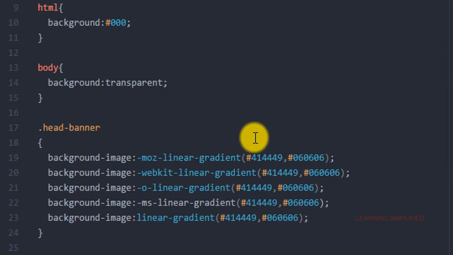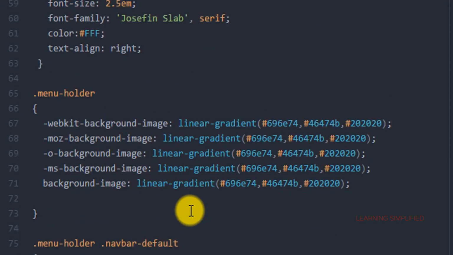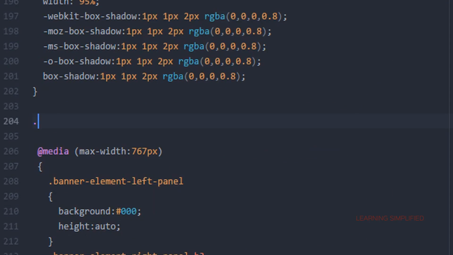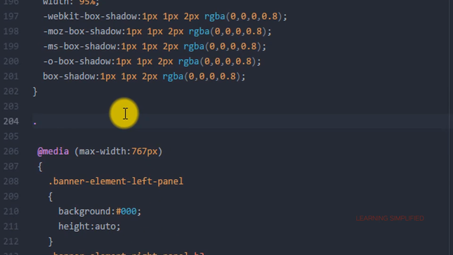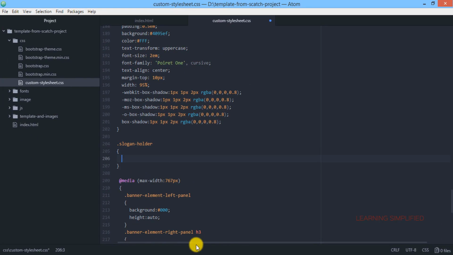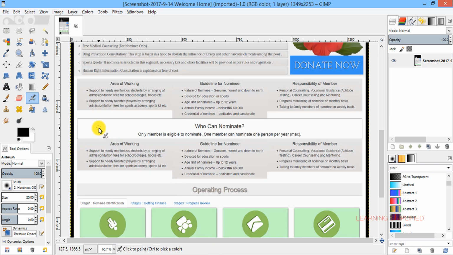Now let's get back to custom style sheet.css, and here we will be copying all these things. So we are about to create this slogan holder first. Now if we get back into our project, we can see that the background is white.